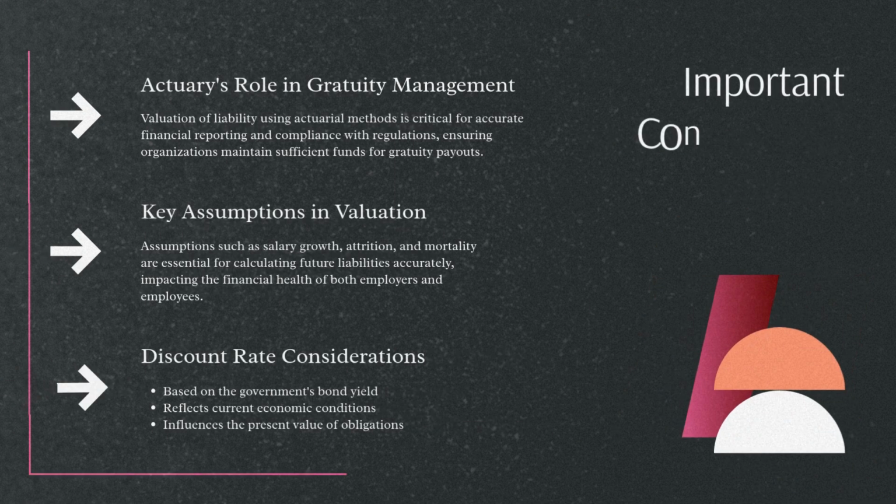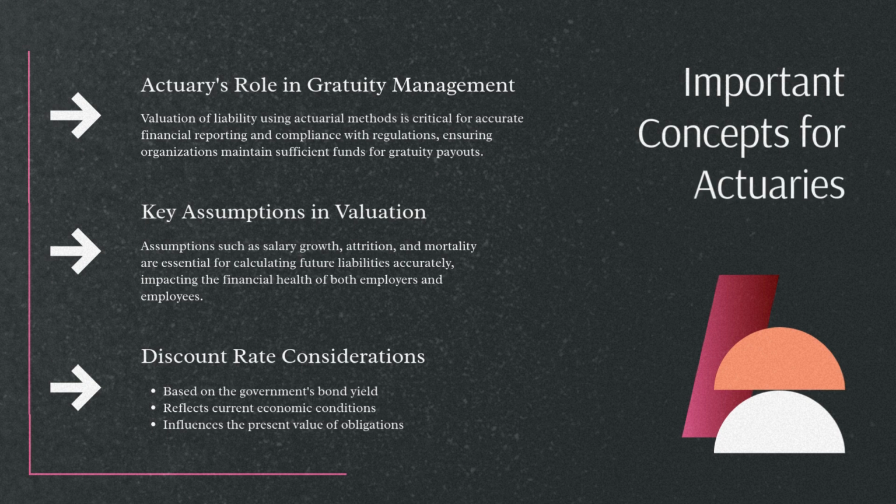Now, third aspect, the role of an actuary. Here comes the role of an actuary since gratuity depends on future salary, service years, mortality, and discount rates. It cannot be guessed, it needs scientific valuations. Actuaries help companies by projecting future liabilities, meaning estimating how much gratuity will be payable in the future using actuarial models. Second, discounting to present values, applying an appropriate discount rate usually based on government bond yields.